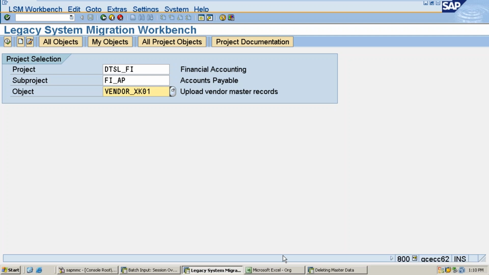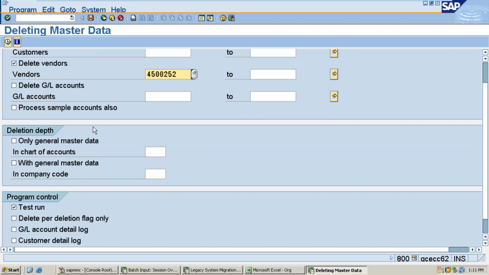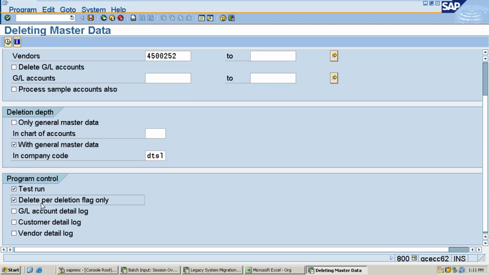OBR2. Okay, this is the master record. Before going to delete here, go first to XK02 and set the deletion indicator. Set the deletion indicator and select delete customer vendor master record. Whatever company code you have created, select this company code. Select only the company code and specify the particular company code. Then you need to select the checkbox and execute it.